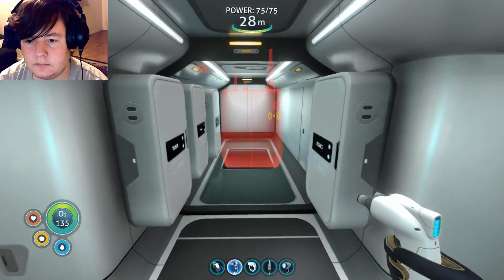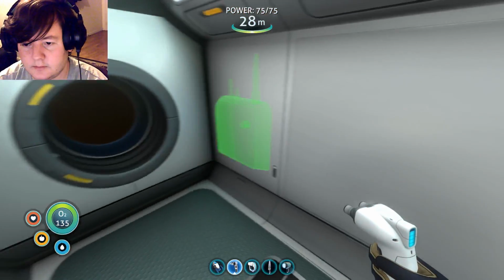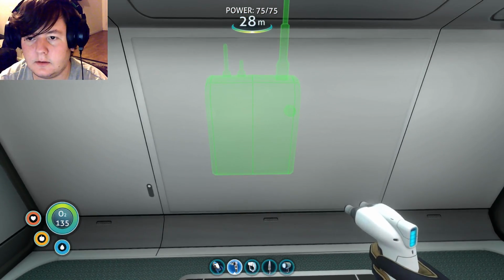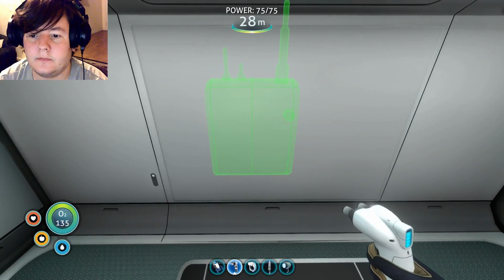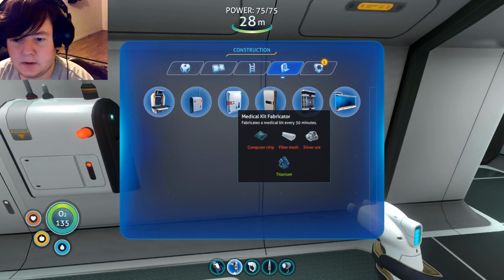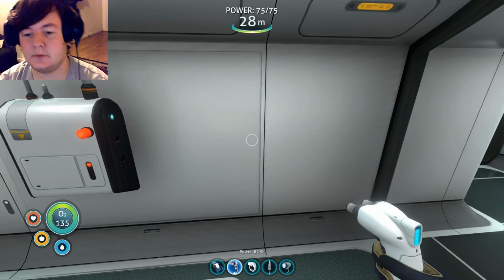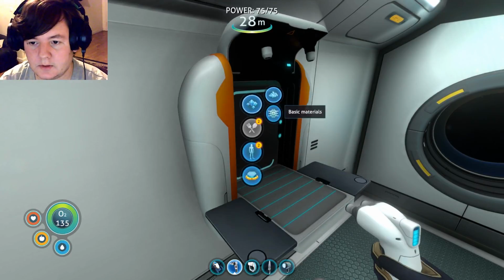And in comes the radio, just find the spot for it. I'm very particular on the way I build my bases. It's understandable. I get that a lot. I'm going to be living here for most of the rest of the game, I think. And the last piece of the puzzle is the medical kit fabricator, which requires fiber mesh,